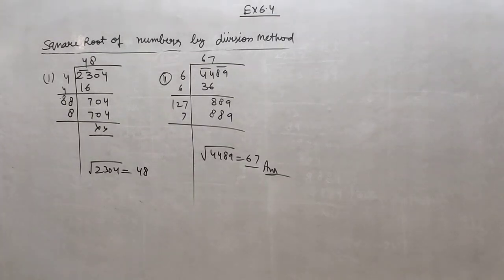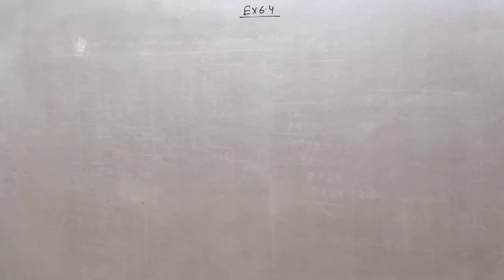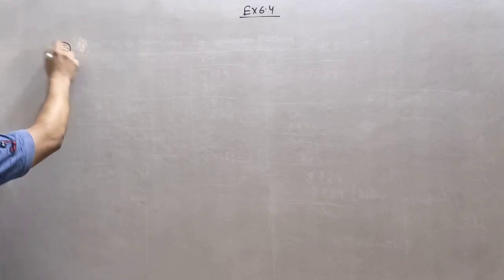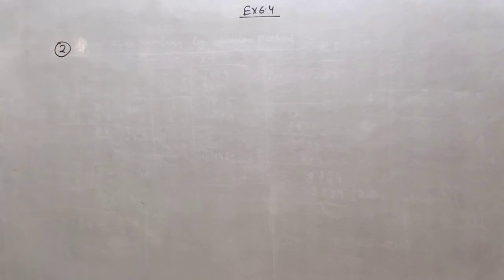Right? Now I am coming to question number 2, where we find the number of digits in the square root of each of the following numbers without any calculation. Question number 2 is very simple. Suppose we have to find how many digits will be in the square root. We are not here to find any type of square root, but yes, we will find how many digits will be there in the square root.